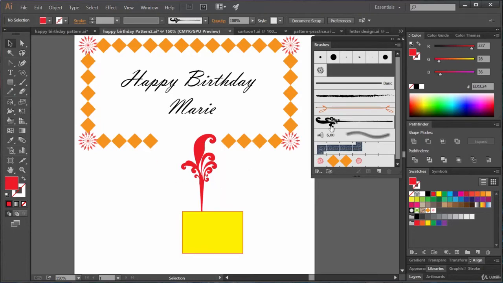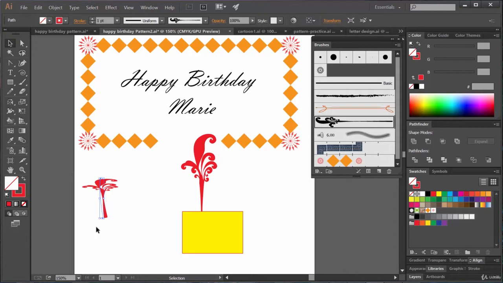Yes, friend. Before, it was just a simple brush stroke. And if you take a look, it is just a single line. It has no fill, only this stroke. We need to expand it to work with it and to include it inside our border.